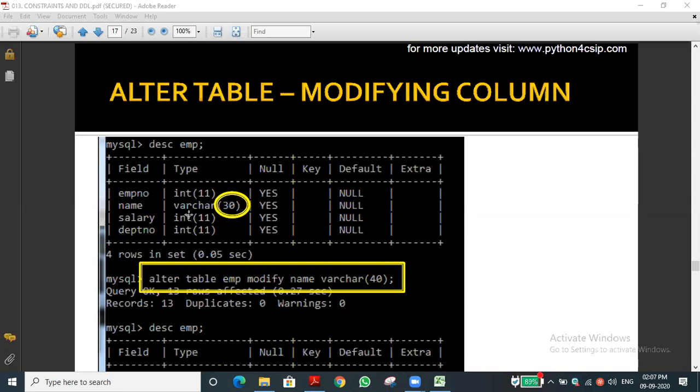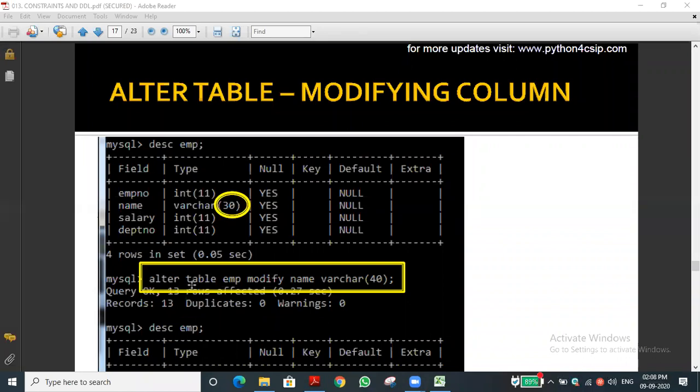So based on the values which we have fed in this field, that is also one consideration. Then varchar to integer is not possible. Integer to varchar is also not possible. So what modifications can we do by using this command? For example, tiny int or small int to integer or big int, we can do the conversion. Likewise, varchar to character or character to varchar, that modification we can do. Or else we can change the size. For example, varchar of 30, instead I need 40. We can increase; as it is increasing, there is no problem. Suppose we are decreasing it, decreasing will be a problem. So it is recommended always to increase the values.